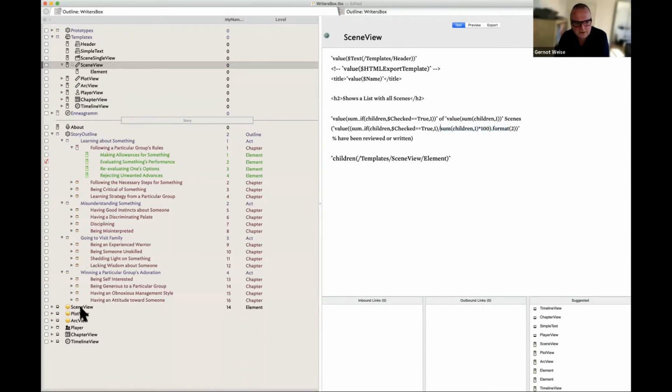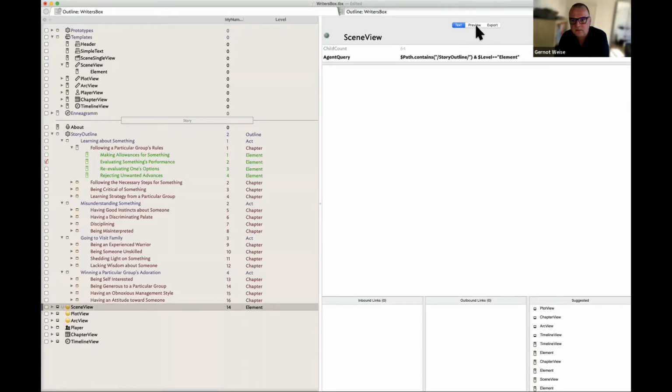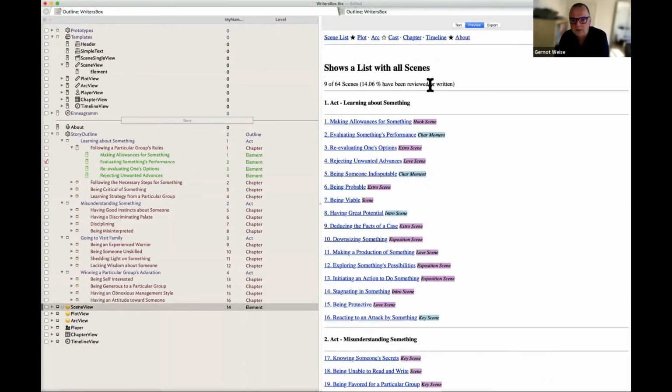If you click here on the scene view, you will see at the same time that's basically what it is here. So 9 scenes are in status light blue. The other 50-something scenes of the 64 are in status pink. That's basically 14% that have been written. So it means I just started with the review, or with the third or the fourth version of my novel